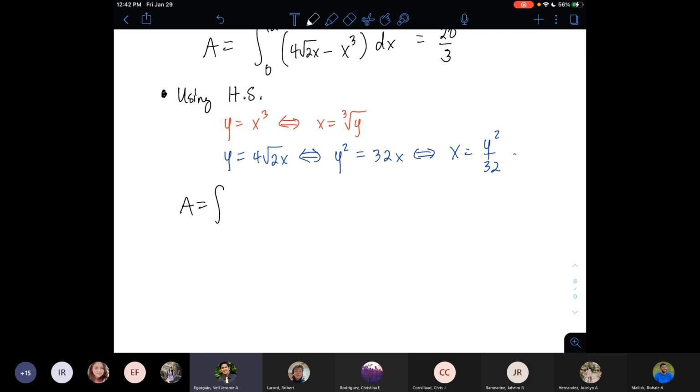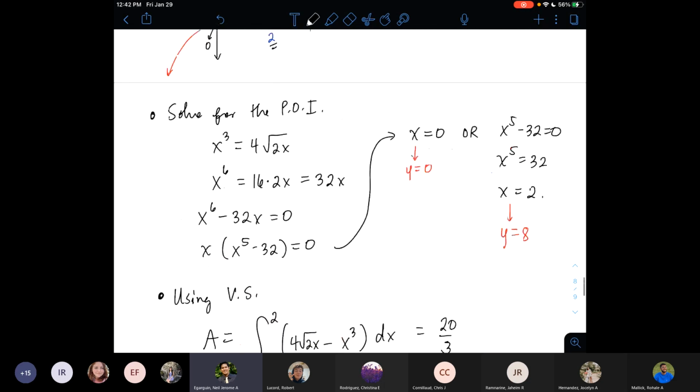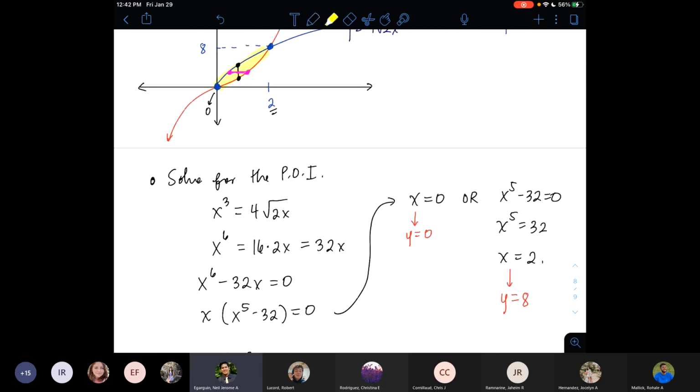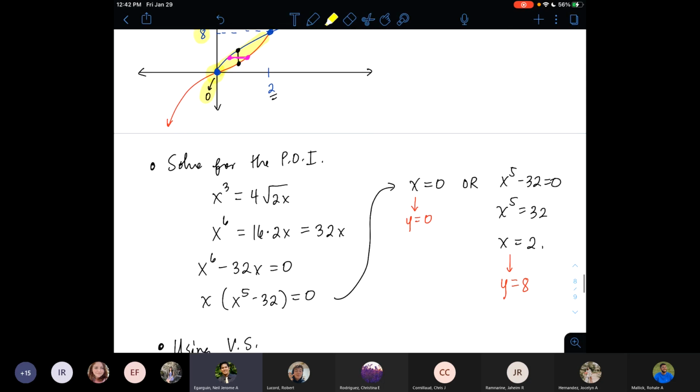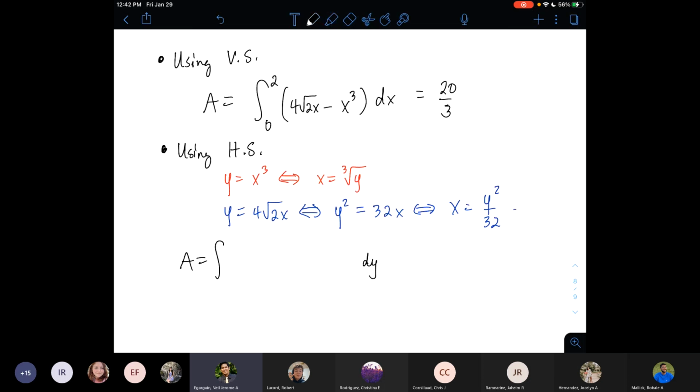So again, if you are using horizontal strips, you will use dy as your variable, and then we need the bounds for y. If you look back at the region, it started when y is equal to 0, and it ended when y is equal to 8. Remember, I'm bounding y, so y values go in the limits of the integral. So it would be from 0 to 8